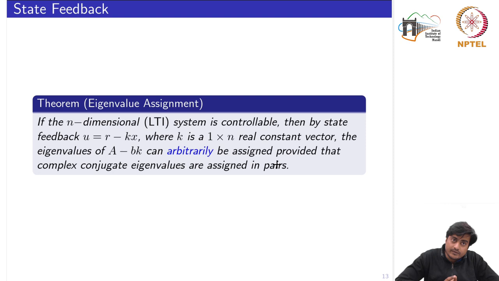So if we have those specifications and we have extracted at what eigenvalues we want to place the eigenvalues of the closed loop system, then we can take the plant to any eigenvalues by applying this state feedback, or by using this state feedback vector k. Okay, and at the same time we need to show that if we are assigning any complex eigenvalues, then those complex eigenvalues should occur as a conjugate pair. Okay,